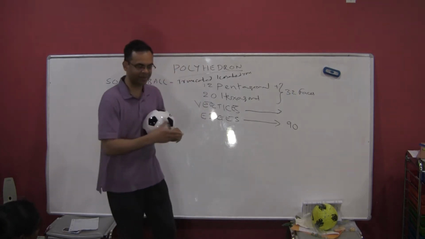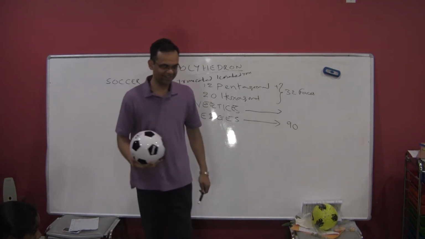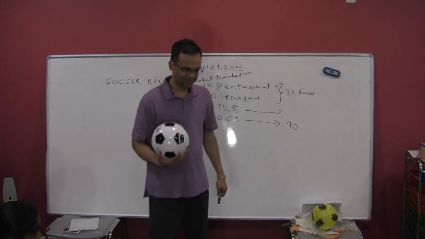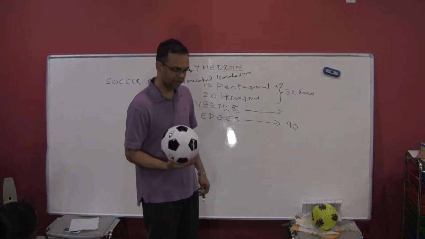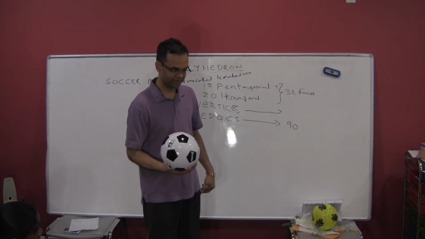Good. I like that. Yes, Aparna. There are 60 vertices. How did you say that? Because 5 times 12 is 60. Right? And there's 12 pentagons, and each hexagon and pentagon,